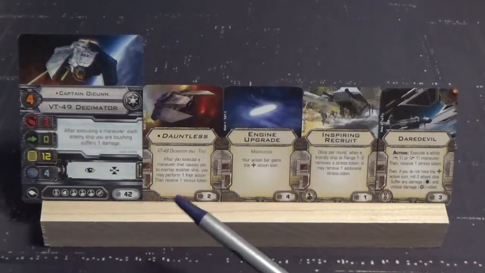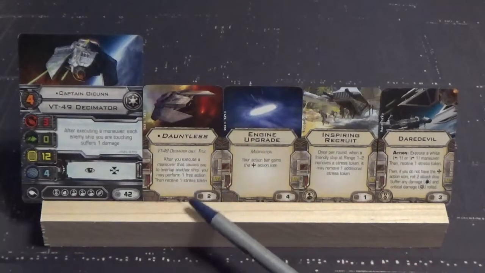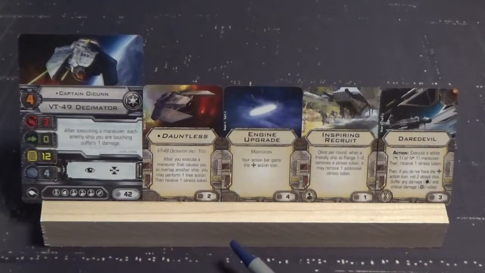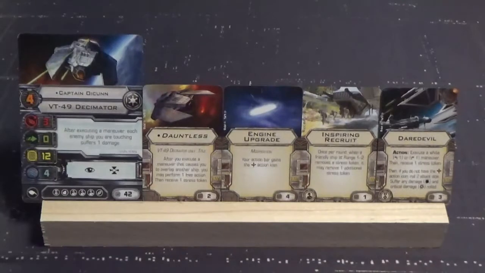So basically you run people over and they take a damage. You execute the title to trigger Daredevil. Then you take another stress for Daredevil and you hit them again. And you still have a turret you can fire with. My suggestion to my wife when she ran this was simply that